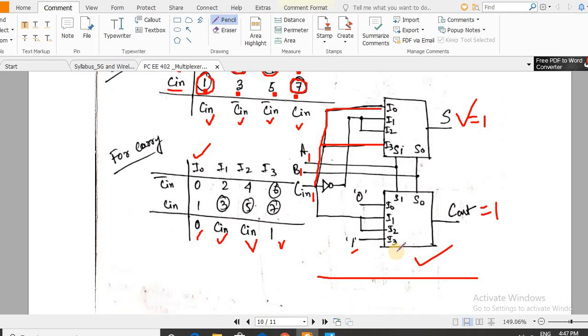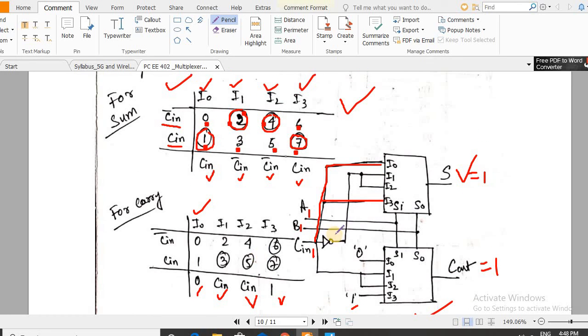So we can design any combinational circuit using this 4x1 or 8x1 mux, and we can also design the same thing using a decoder. Okay, so in the next video we will implement a different combinational circuit using a decoder. You can try for the full adder.